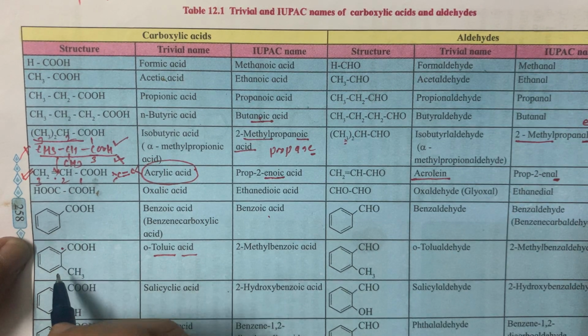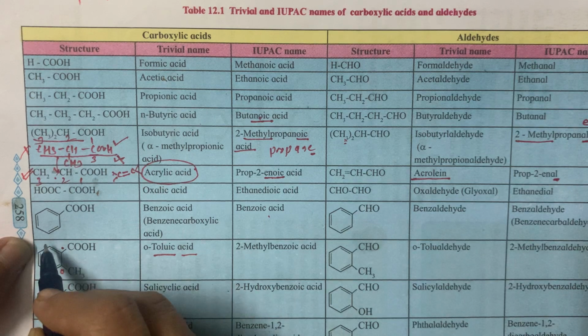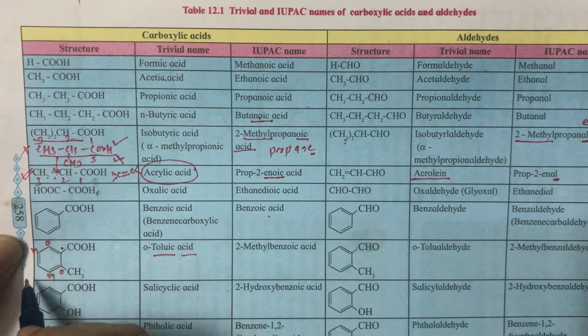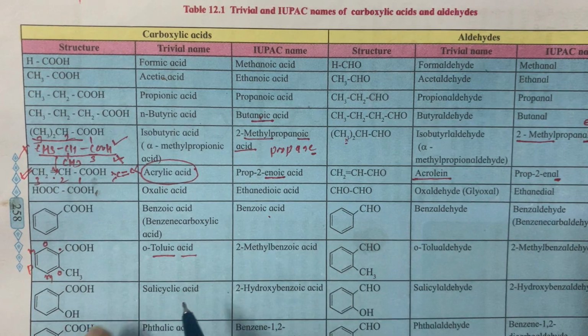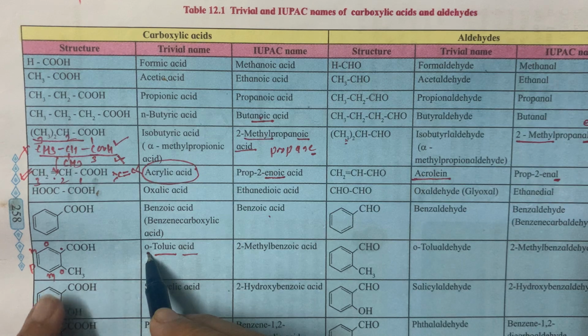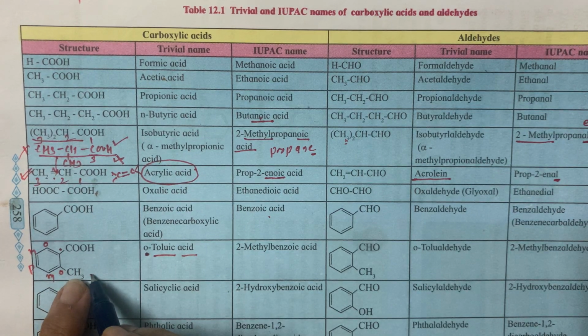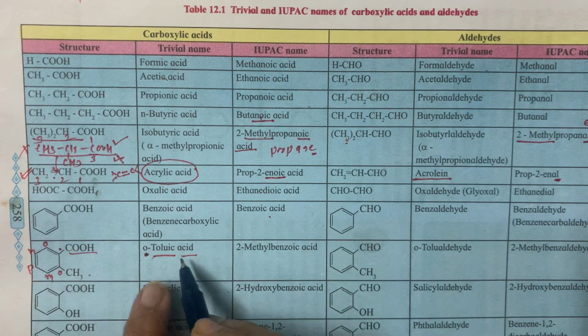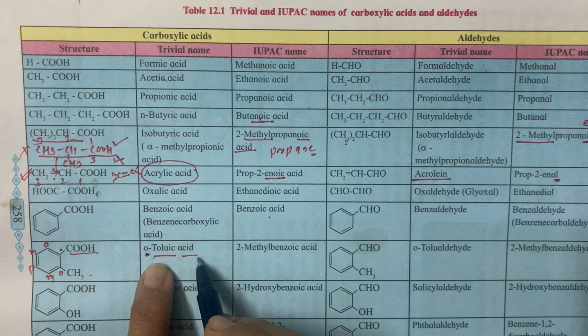Now to the functional group, we have to start from the functional group. So with respect to this functional group, this is ortho position, this is ortho position. This is meta position, this is meta position, this is para position. So we mention here ortho, the carbon to which this CH3 is attached, and that's why this is a toluene, and then there is a carboxylic acid. So this is orthotoluic acid.